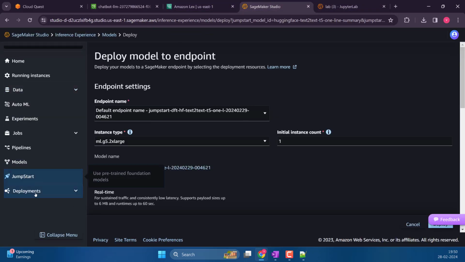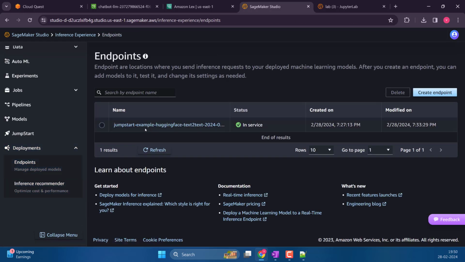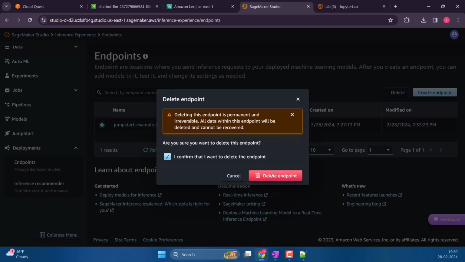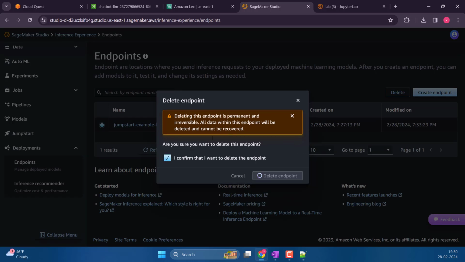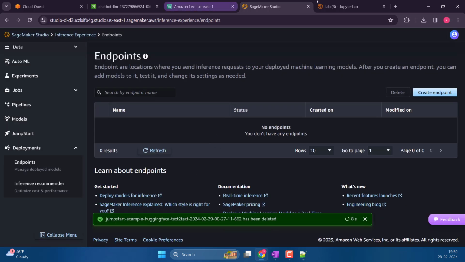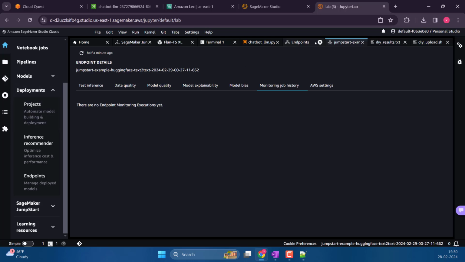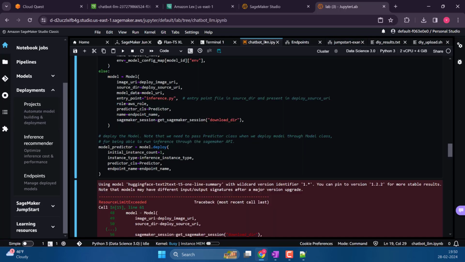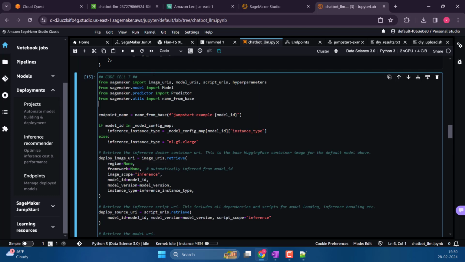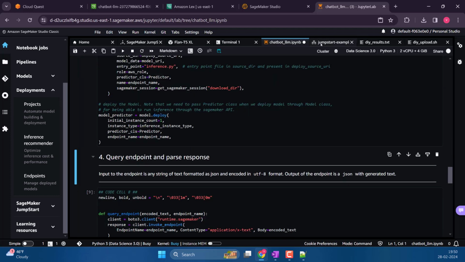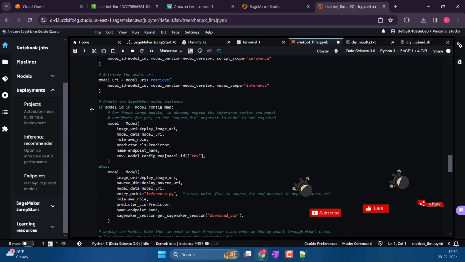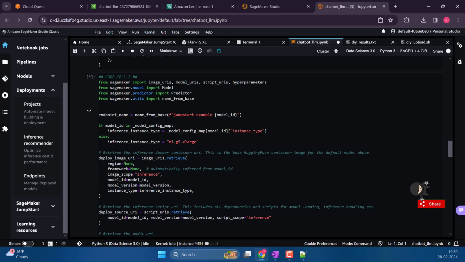Aren't we here? Deployments, endpoints. I think we are here, right? Let's click delete, confirm. Okay, they didn't tell us that, but I'm assuming since it's already running, it's not letting us do this one. So let's go and try to rerun this again. Okay, it's running. Let's wait for some time and I'll be back.